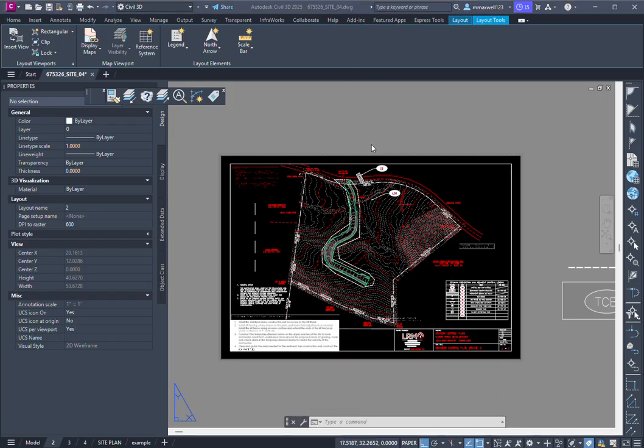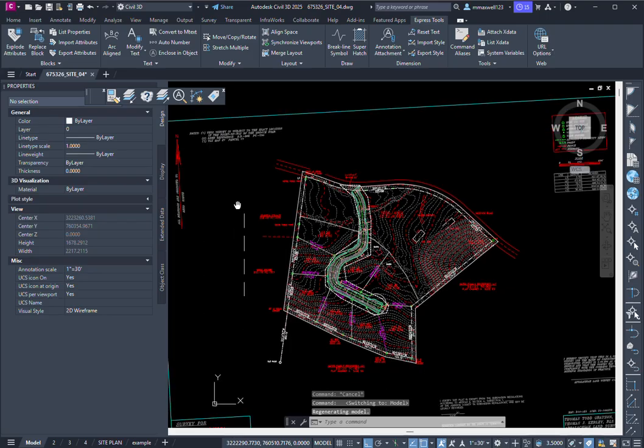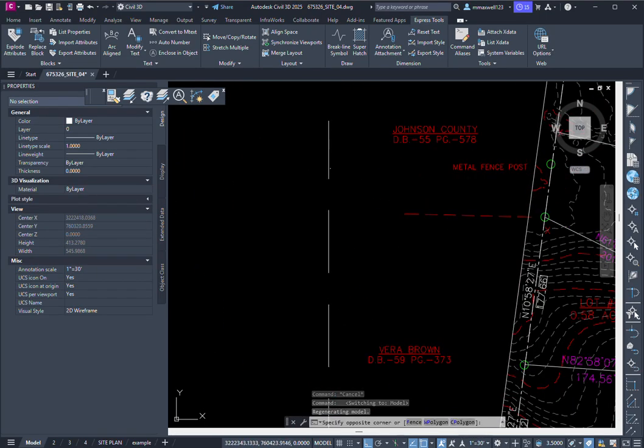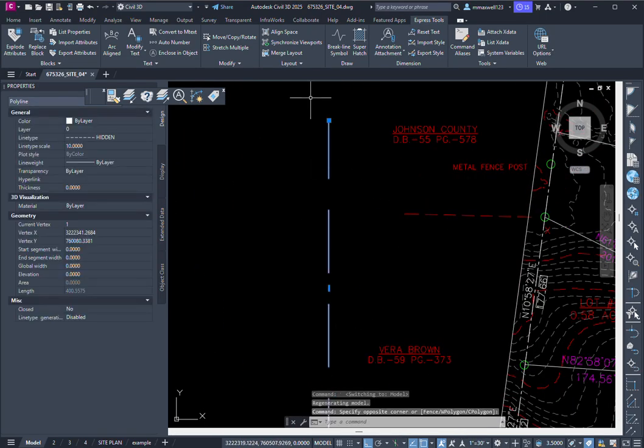That's all there is to it. As long as you enter those commands and set up your scales and set up your viewports, you should not have any issue. What you may run into is most everything looks okay except for a few lines. And let's say I was expecting this line to look the way it's shown, but